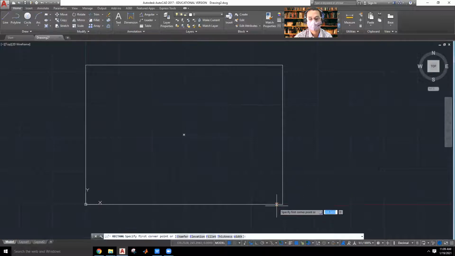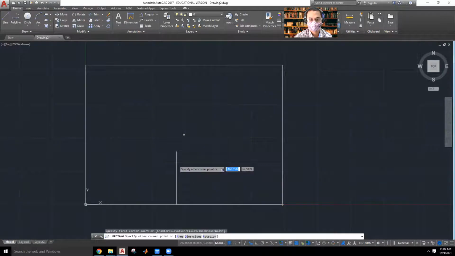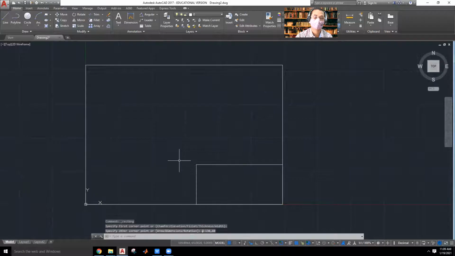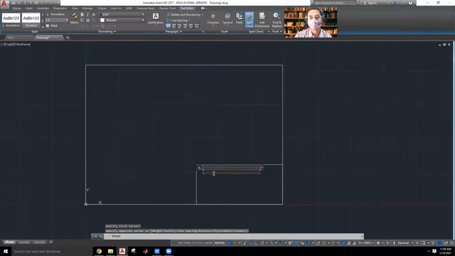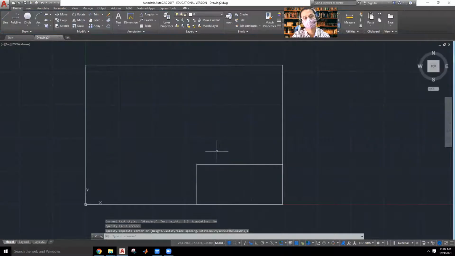Click the rectangle, select this corner, give the x-axis as -130 and y as 60, so that you can click on the text and write all the things. Whatever you want to write, you can write here. Okay, so I'll be starting the exercise here.